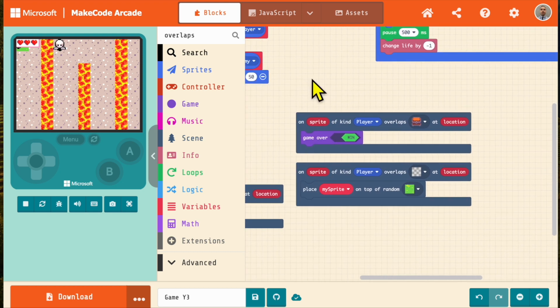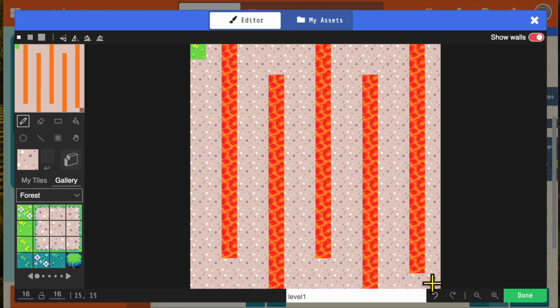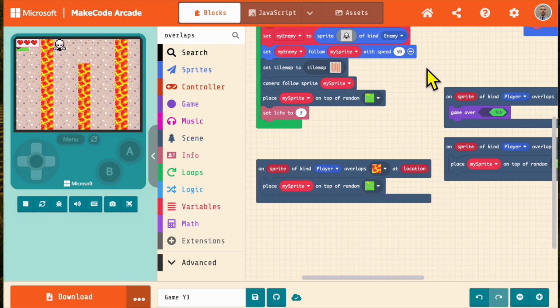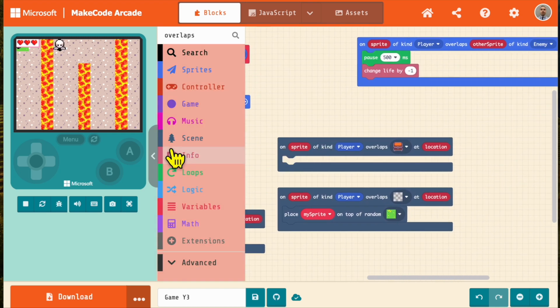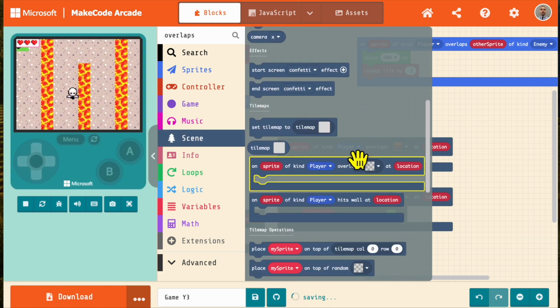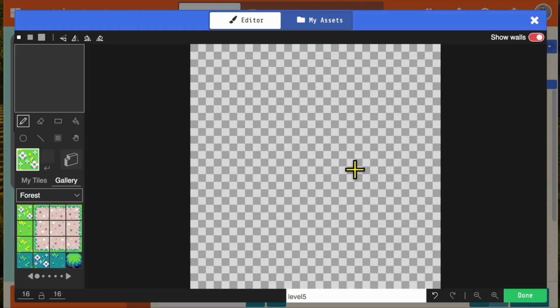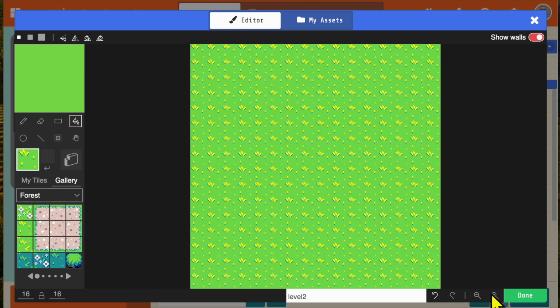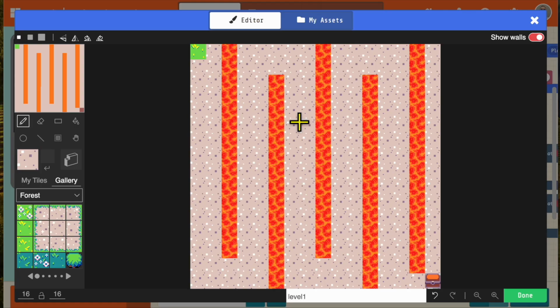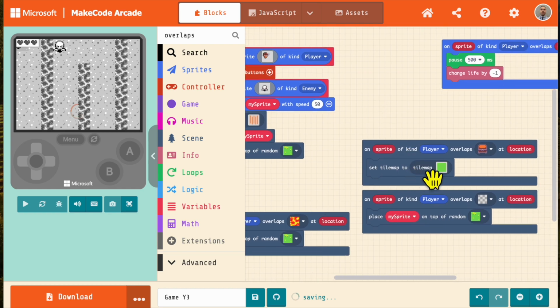I'm now going to show you how you can add a second level on. So I've said on my tile map, this chest down here is going to be where I have game over win. I'm actually going to take that out and go back to scene and just grab another one of these set tile map blocks in here like this. And this is where I'm going to create a second level. Okay, so I'm just going to call this level 2. And I'm going to fill it all just with this green one here, just to show you the difference. So this is my first level, and then this is going to be my second level that we've got over here. So now when I refresh the game